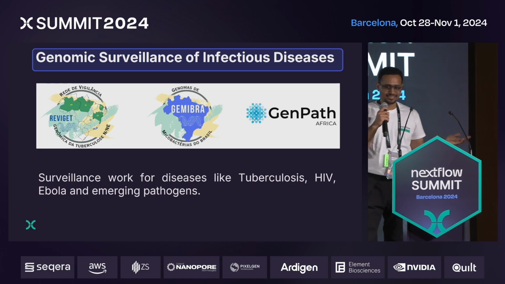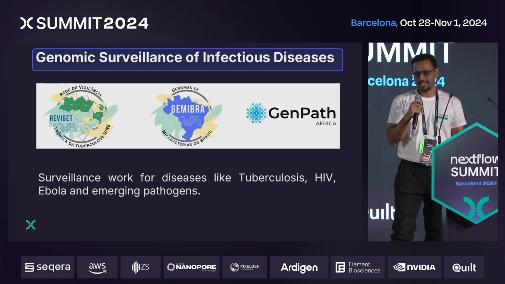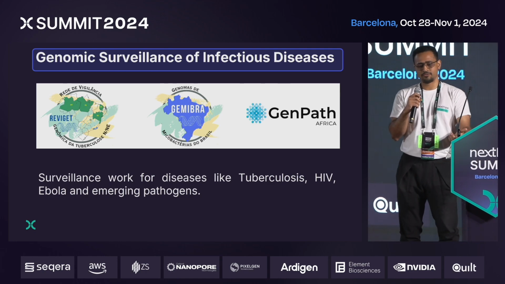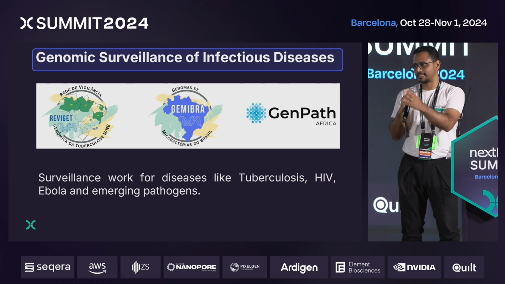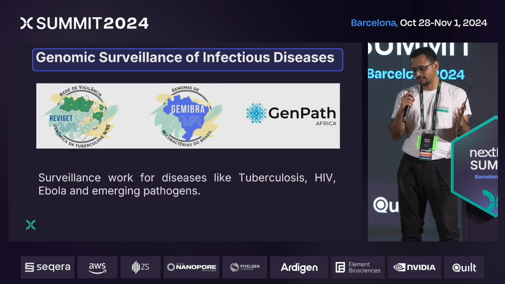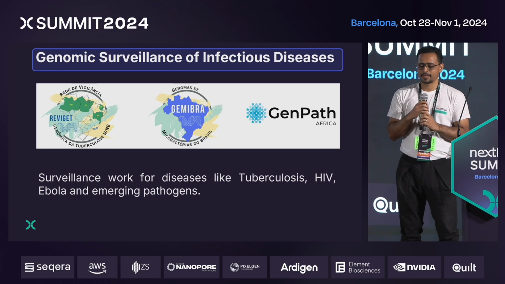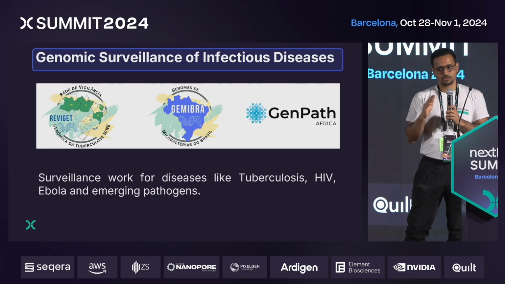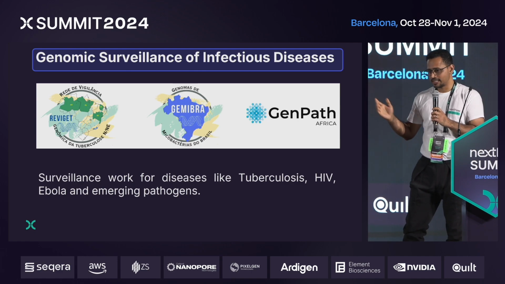Okay, so on the other side of the spectrum, we have precision public health, where the focus is not so much on the individuals, but rather on understanding and identifying transmission chains and clusters and outbreaks. So these are the 3 consortiums that I'm participating in. All of them are based in the Global South. And the first one is ReviJet,